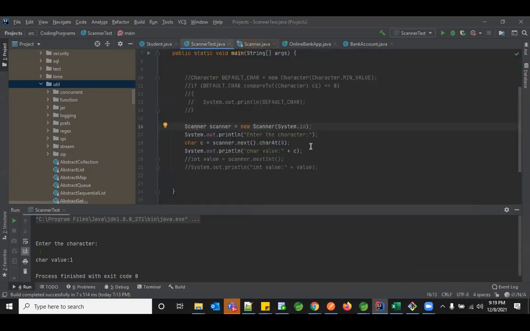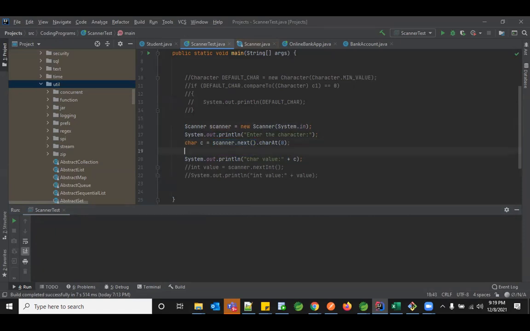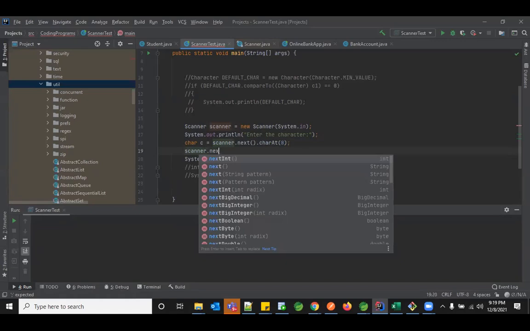So right now we are going to fetch one input from the user. I'm just giving a character. Whatever the user gives me, I'm just going to fetch only one character. The same way, I can create one more instance. So right now, let me try with character. How you have to create your object is Scanner reference equal to new Scanner, and you have to pass this. And once you get your scanner, you're going to use next if it's a string or a character. If you're using an integer value, you have something called scanner.nextInt or nextByte, nextFloat. As per your data type, you have the relevant methods to use.